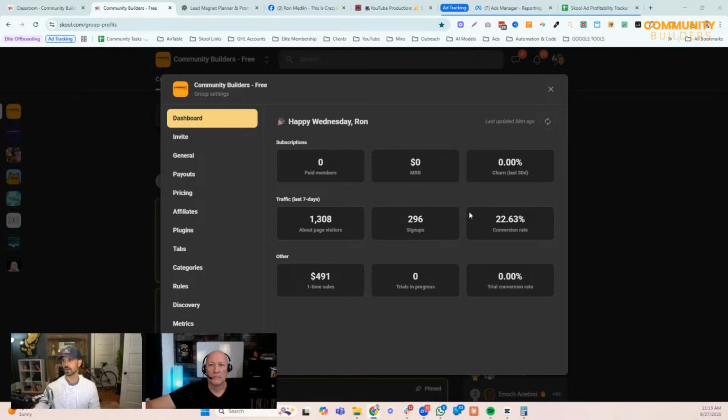And this is a strong conversion rate. On average, I think they were saying that a strong conversion rate for a free community About Us page is around 20%. A strong one for a paid community is around 4%. So ours is pretty strong, and we'll talk about what we're doing to actually make that happen in a second. But that's kind of the formula. Okay, so it's traffic and then conversion.